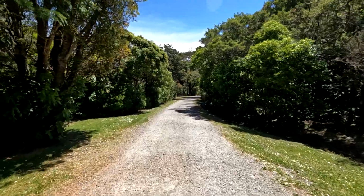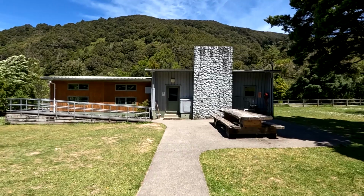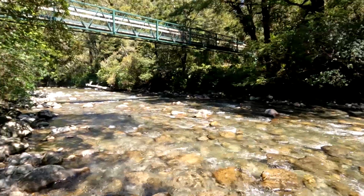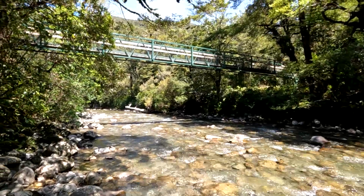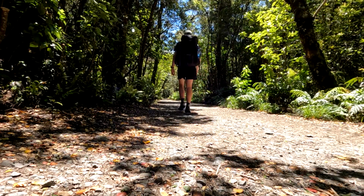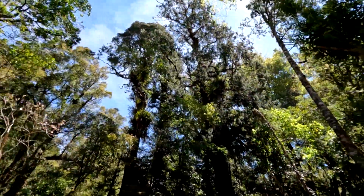Starting out on a gravel driveway, you'll pass the 28 bunk Holdsworth Lodge, which is bookable on the DOC website. Shortly after, a bridge crosses the beautiful Atiwhakatu Stream, which the track follows upstream most of the way to the hut. The wide and flat track is in excellent condition, travelling through the ancient podocarp and beech forest with lots